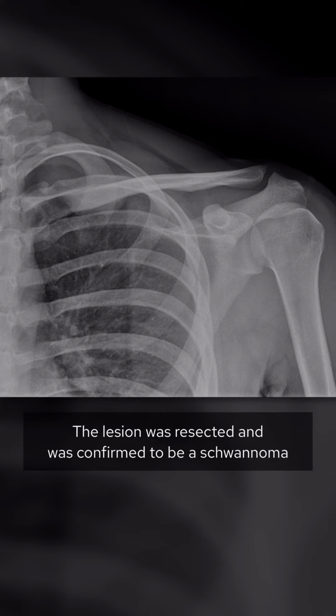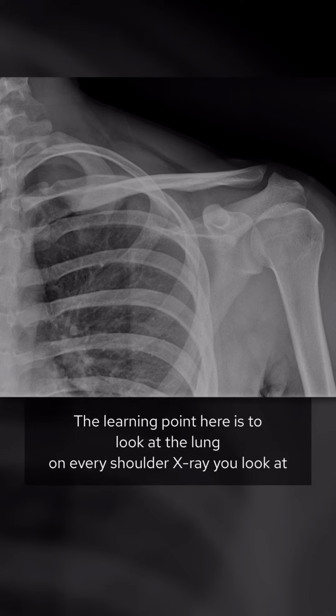The lesion was resected and was confirmed to be a schwannoma. The learning point here is to never forget to look at the lung on every shoulder x-ray you